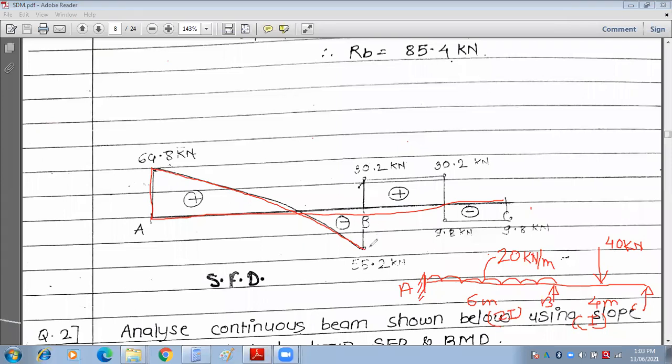And then finally you will be getting this SFD, shear force diagram. From this to this, it is going upward, up to this one, this will be constant. Due to the point load, it goes down, it remains constant up to point C. Due to the reaction RC, it goes upside, and this is nothing but your shear force diagram. And previously we have done the bending moment diagram. In such a way we can analyze any kind of beam by using the slope deflection equation. It is easy to calculate.